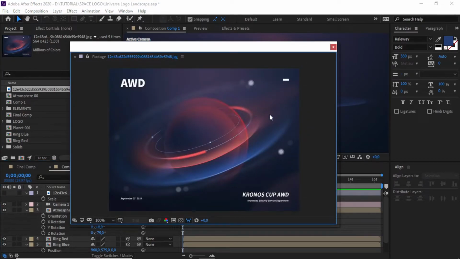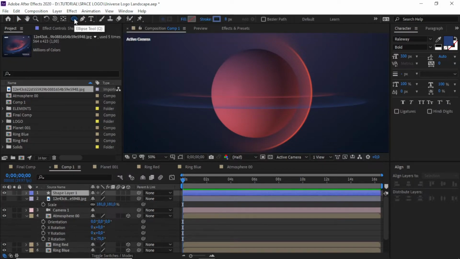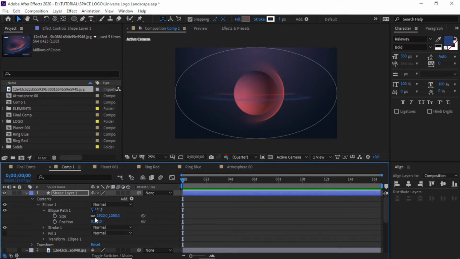Now, as we can see, there is a ring line 1 and 2. Let's create it with shape layer. We choose ellipse. The color is white. We make one outline here and change the ellipse size to about 1080 first.